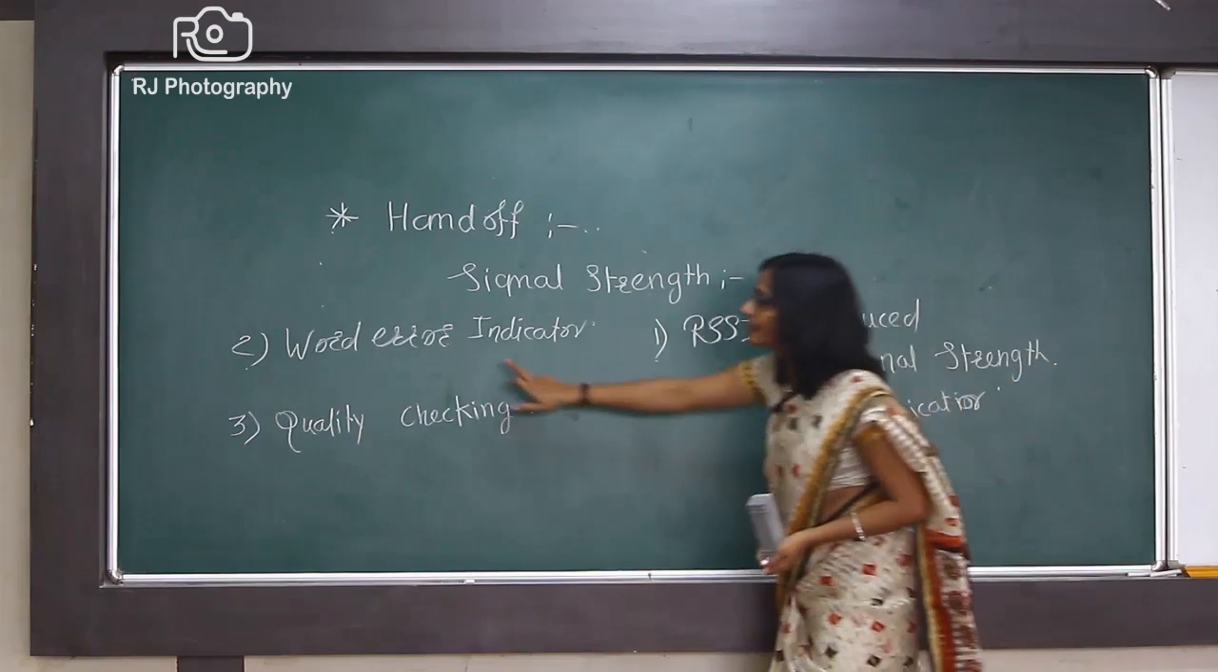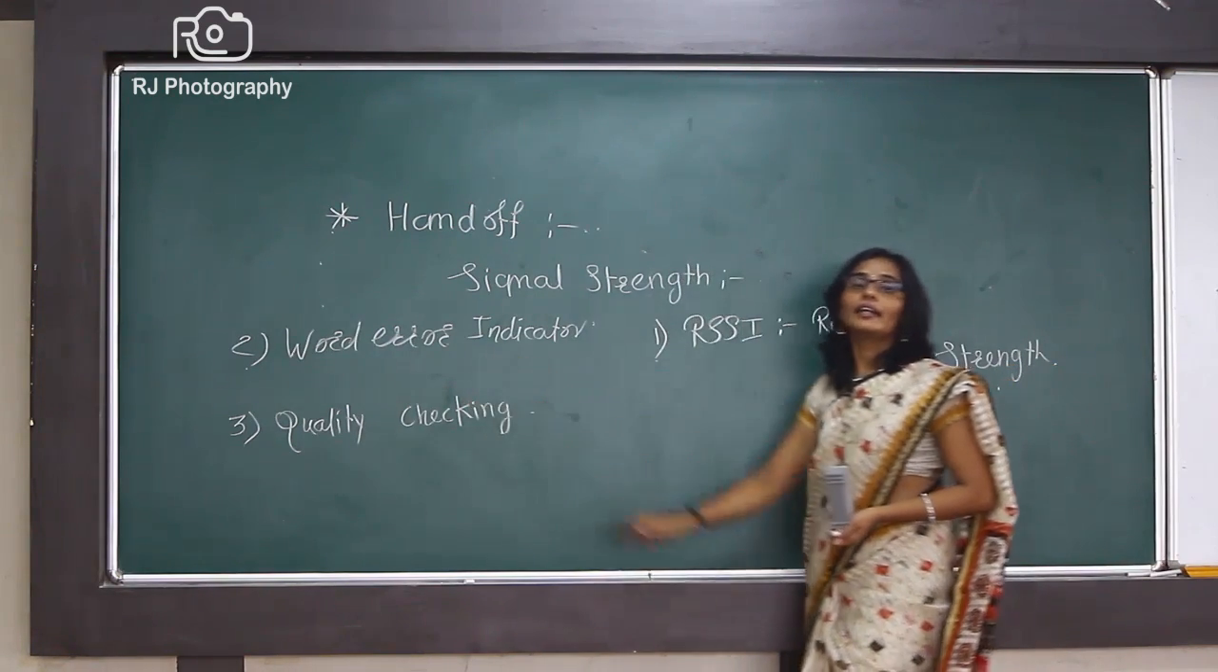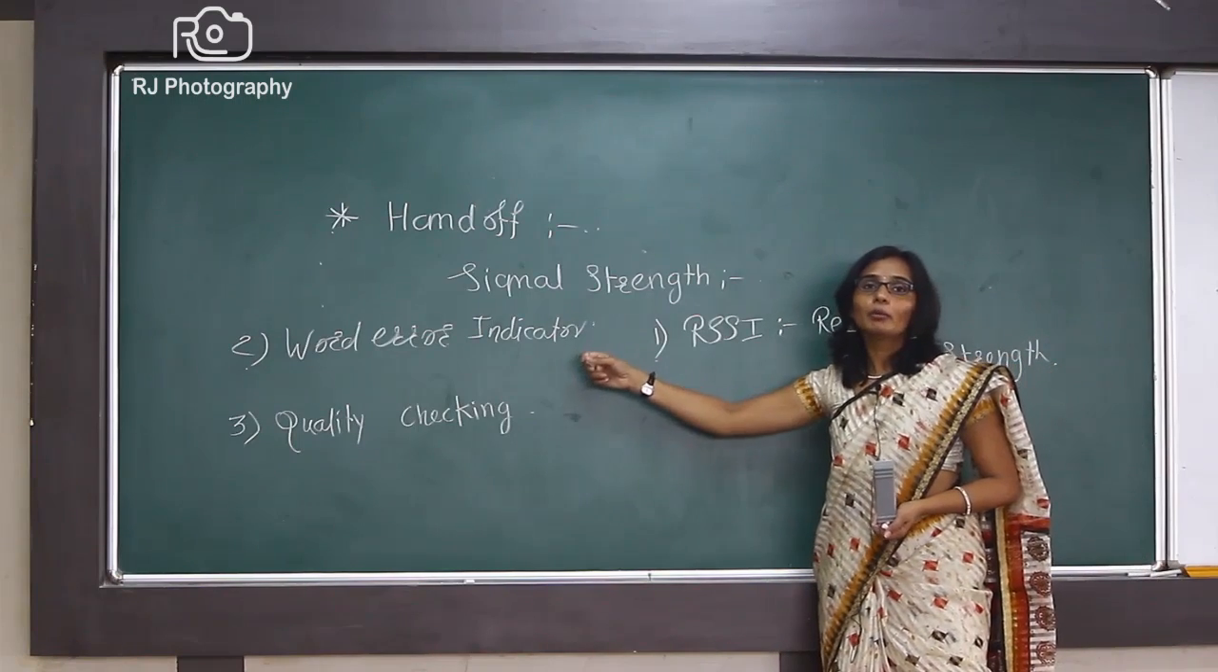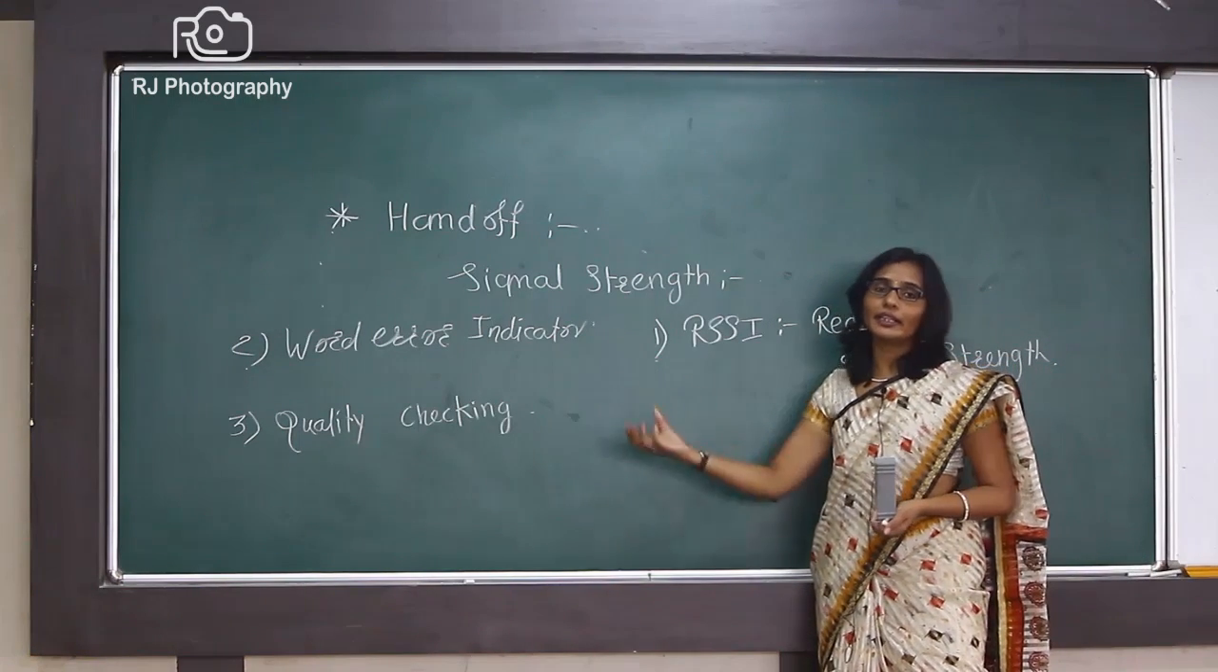The second technique is the word error indicator. In word error indicator, again this type of circuits are inbuilt in the mobile station. The mobile station continuously checks for the incoming burst